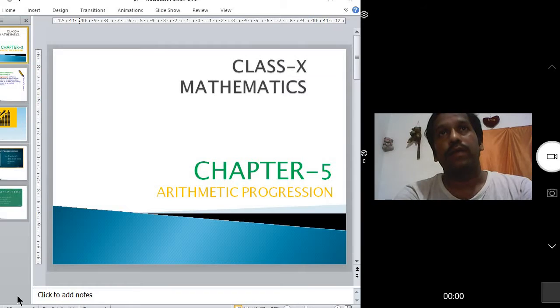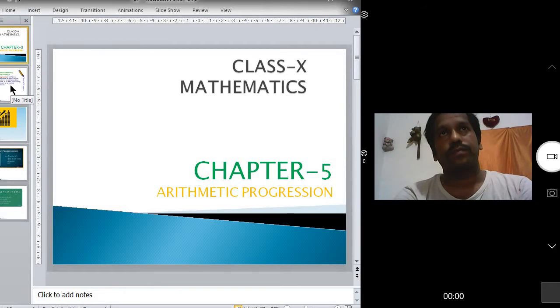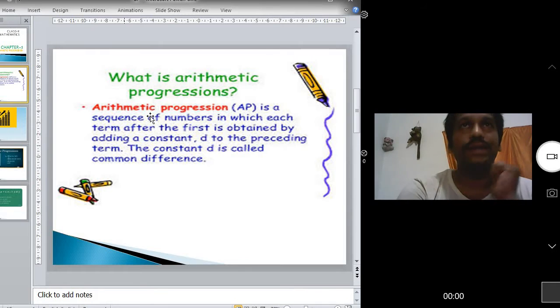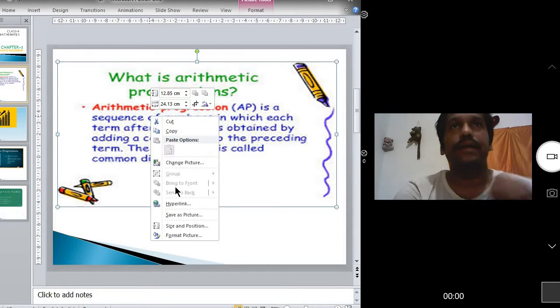So now we are going to study today about arithmetic progression. What is that? See this from this example here. This is the definition of this arithmetic progression. So see here in this, what is given that they are saying that